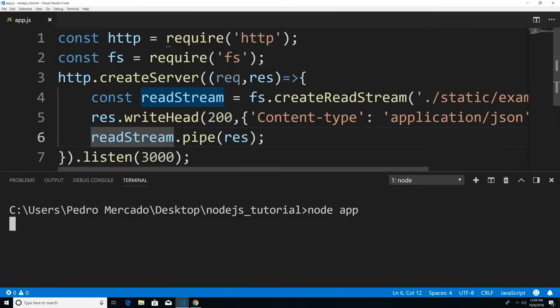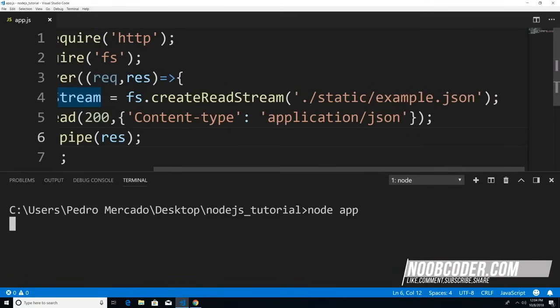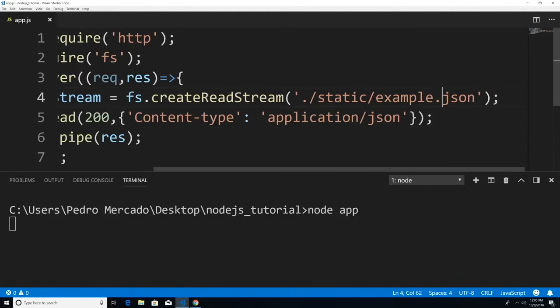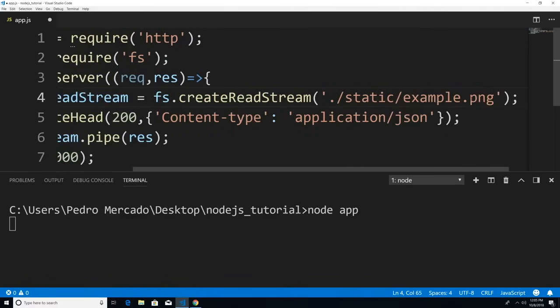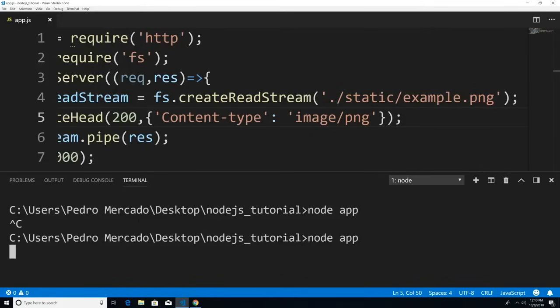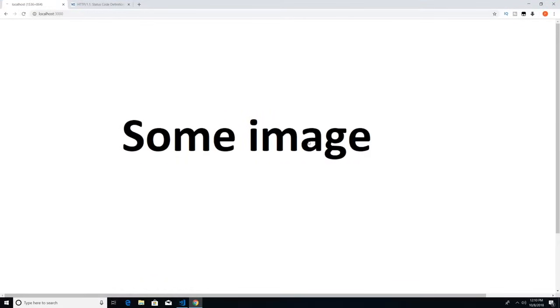Now let's load up that image. So now the same exact thing. I'm just going to hit Control B because I forgot what I named the image. I named it example.png. So I'm just going to change this to PNG. And instead of application/json, we're just going to remove this. And we're just going to go here and type image/png. So now if I was to save this, now we got to restart the server, Control C to cancel that out. node app. Now if I go to Chrome, hit refresh, you can see that my image has been